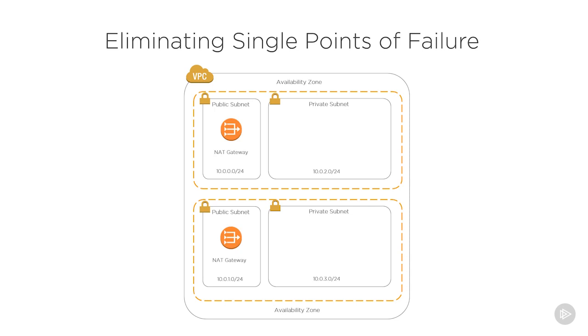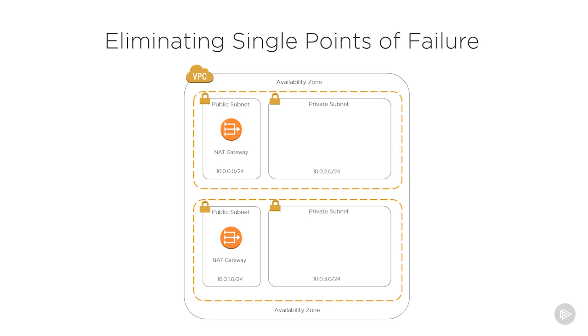Now, to allow outbound access to the internet from your private subnets, you can provision a NAT gateway in each public subnet. And then the default route to the internet for the resources in the private subnets would go through the NAT gateways and their associated availability zone. The NAT gateway is a new service from AWS, and in the past we actually had to build these servers up manually ourselves, but now you can simply provision a NAT gateway. You don't have to worry about scaling it or making sure that it's highly available. And of course, outbound internet access is important for servers fetching updates and talking to AWS services outside the VPC,